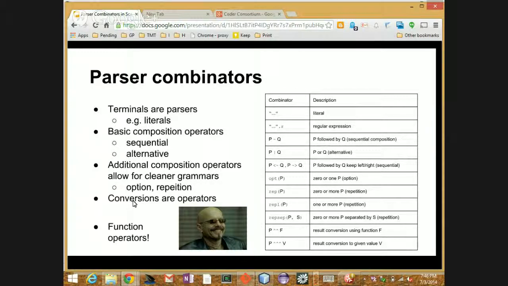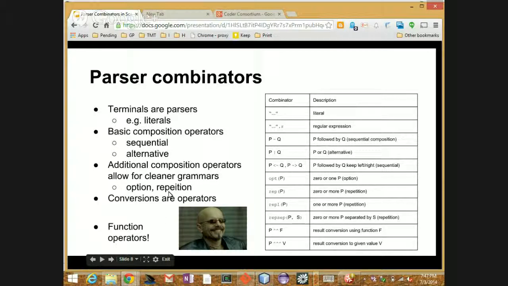So there's two more things that you can do. You can take what you've parsed already, and if it was all successful, execute a function on that, transform it into something else. And there's a simpler case of that with the 3 carets at the bottom, where you're just giving a value. So it's not really a function of anything. It's just, if I see this thing, I want this value to come up. Sometimes that's useful for things like constants or true, false. There's really no more.